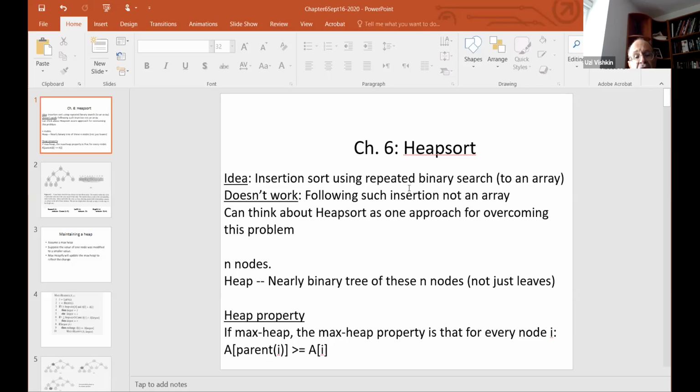Okay, so heap sort. In part, I'm going to start with a motivation similar to the motivation I gave you before for insertion sort. You remember that I challenged you to tell me why, by enhancing insertion sort using binary search